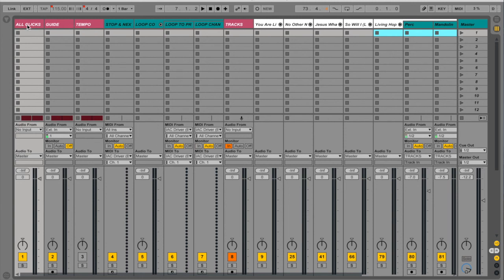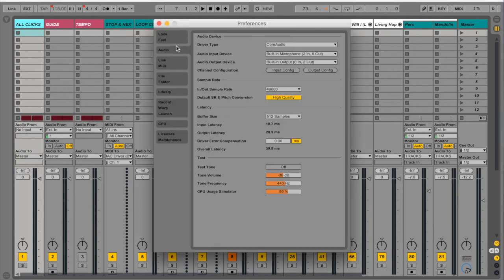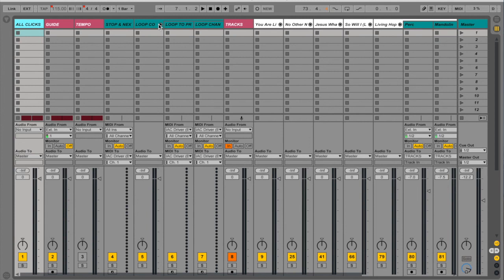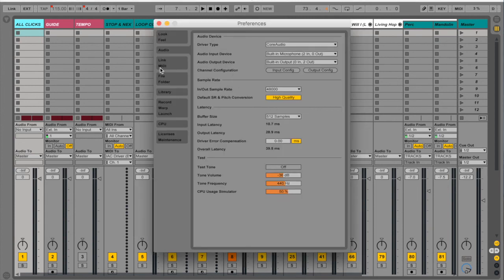The only other thing to take into account is how you bus out your tracks. When I say bussing out, I mean when you send them out of the computer, whatever interface you're using to send them to front of house. You'll make sure you have the audio output device selected. I just hit Command comma, which goes to my preferences. You hit audio, and then you go to audio output device. There'll be a third